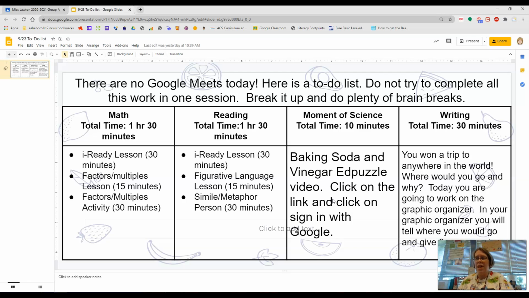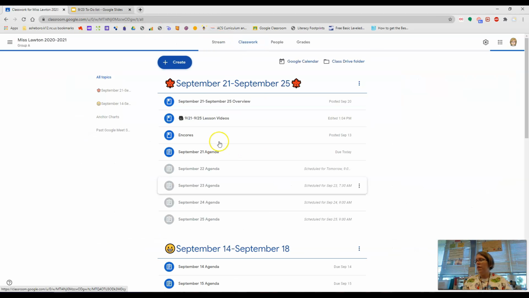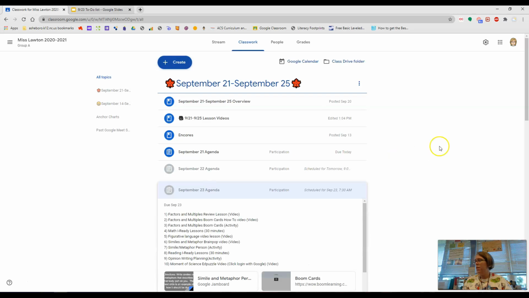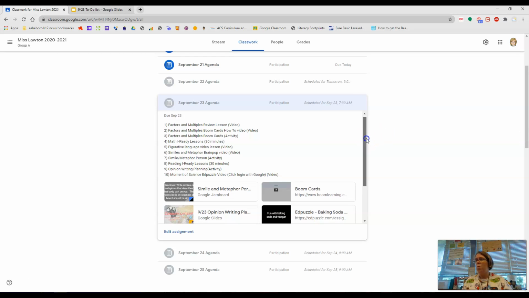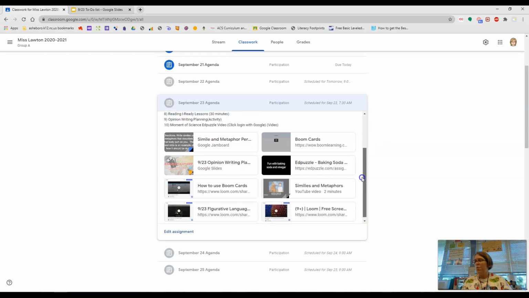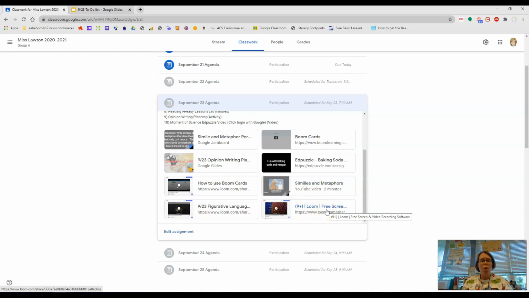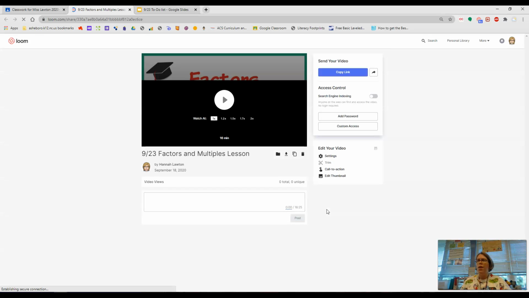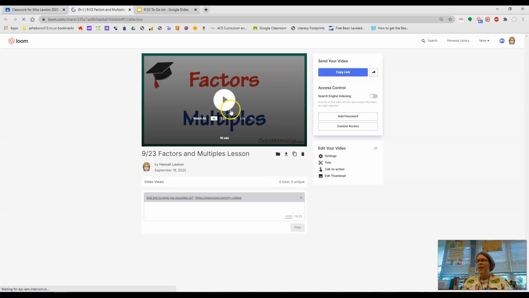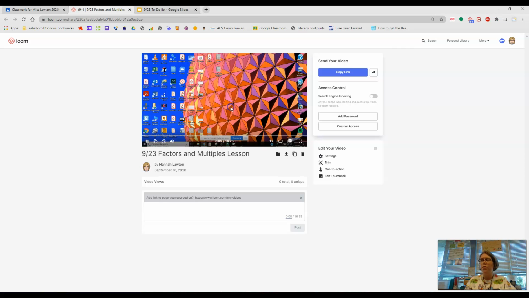Okay. Then, if you go into the actual Google Classroom and click on the agenda, the next thing that they need to do is the factors and multiples review lesson. So that will be right here. I don't know why it didn't copy down my title, but if you click on it, it pops up the factors and multiples lesson. It's a little 16-minute video. I'm basically walking them through how to do their independent work. So they'll watch the lesson,